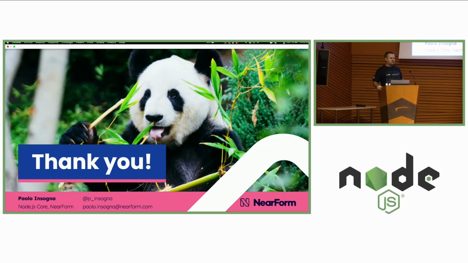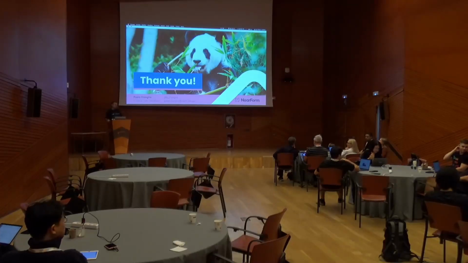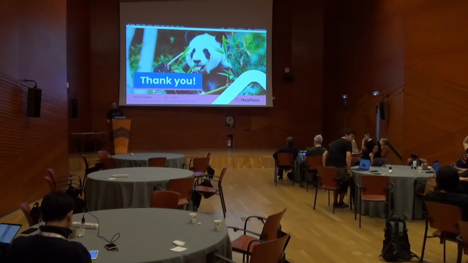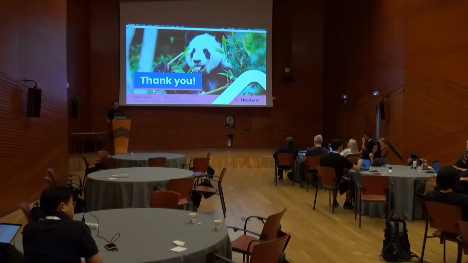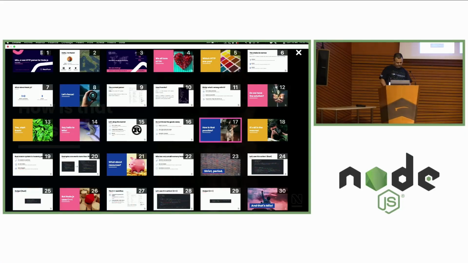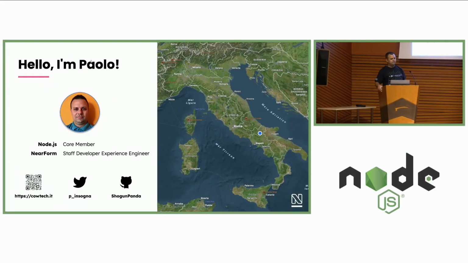Go for it. Shoot. Is it a repo that's public? Yep. I forgot the link. Damn it. You're right. So that's github.com/shogunpanda, which is my handle, /Milo. That's just public. And if you go to my fork of Node.js, there is also the branch with Milo on top. What's your username again? Shogun Panda. Wait a sec. This one, for your benefit. I forgot to link the Milo, you're right.